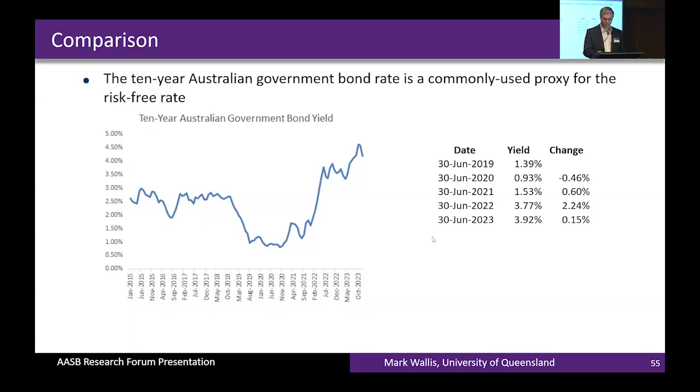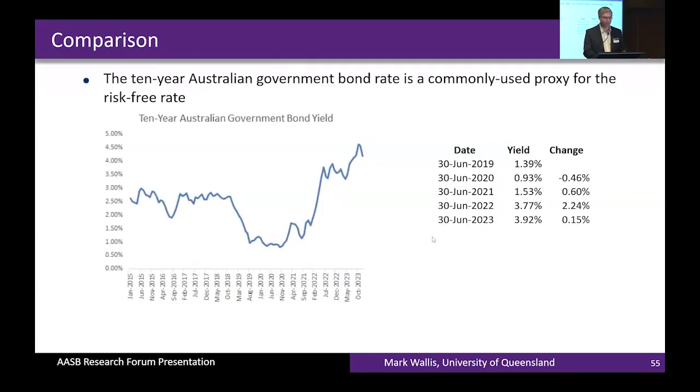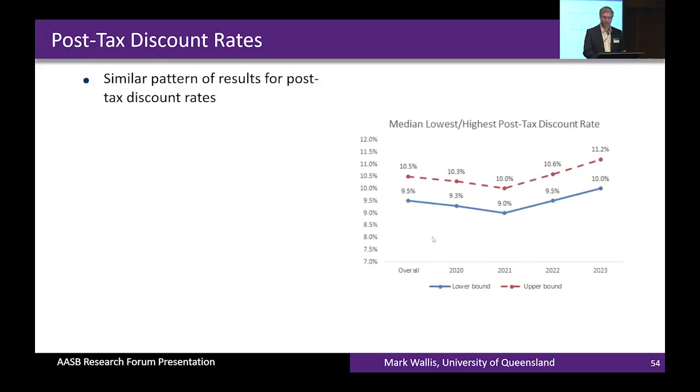We could see that firms did not increase their discount rates as much during that same period. Now, my personal view is that this is probably because firms didn't respond to this big drop in the discount rate. I think they sort of said, we're going to think about what our discount rate will be over the cycle, rather than responding to the changes in the government bond rate. But again, this is not consistent with this idea that firms are being aggressive with their assumptions. They could have taken advantage of the low risk-free rate to lower their discount rates and therefore increase the value of their recoverable amounts.